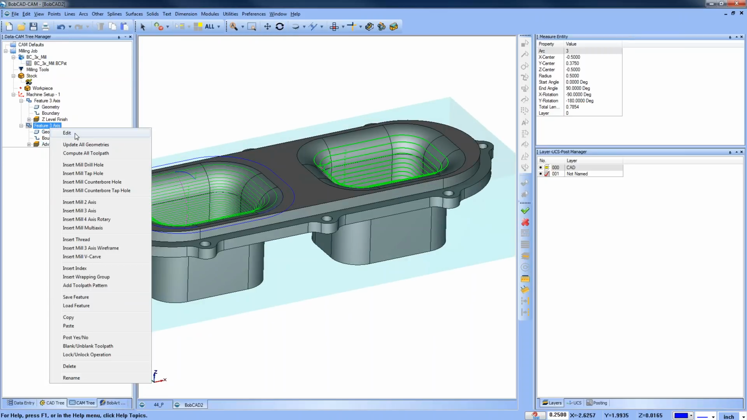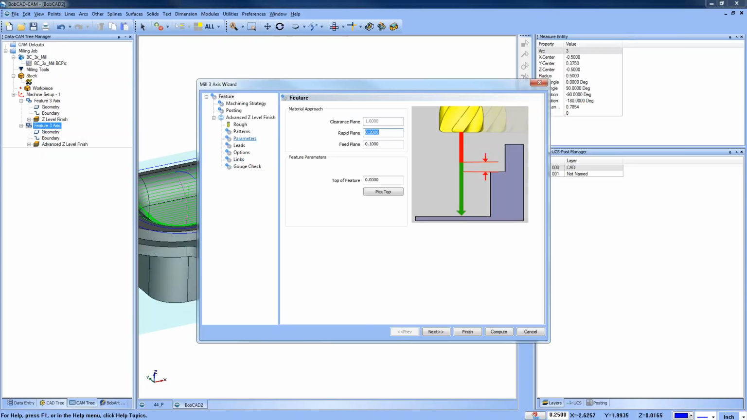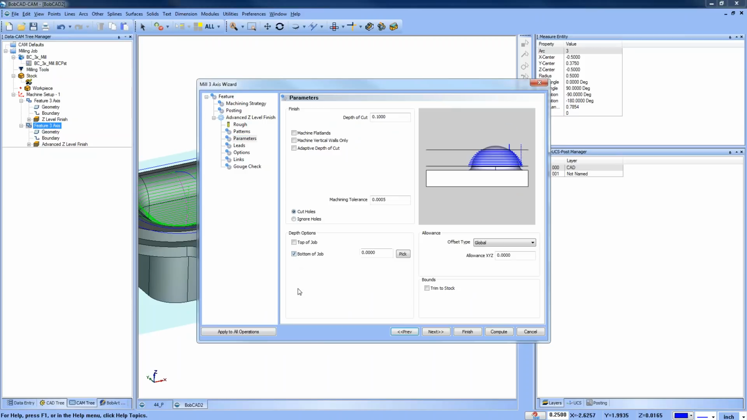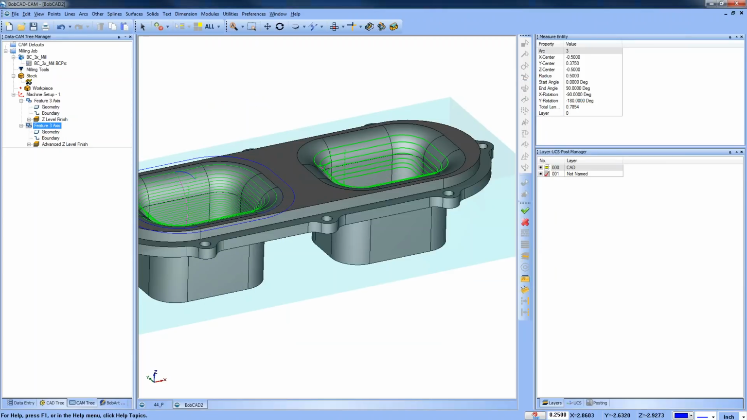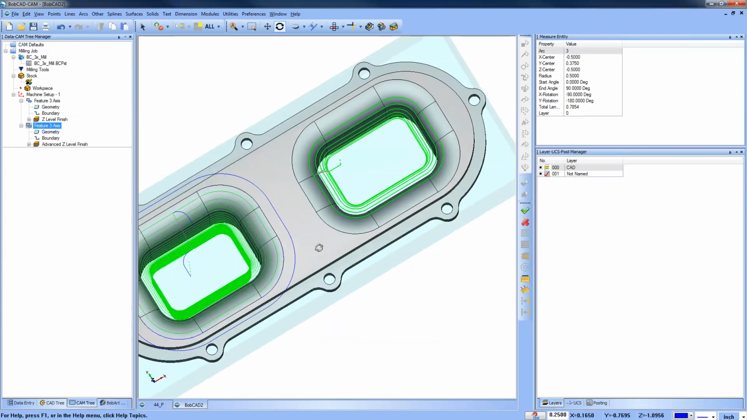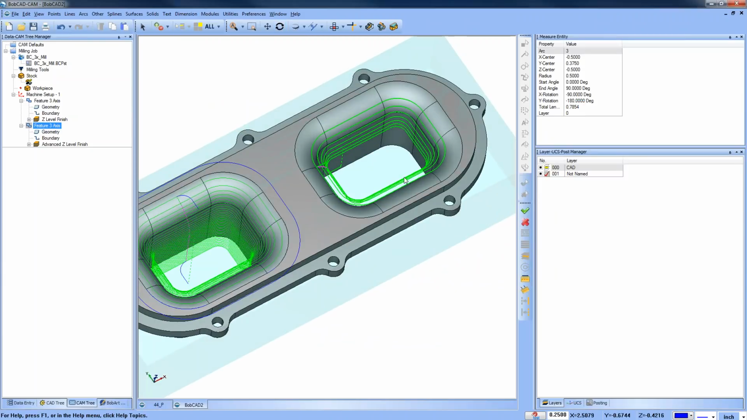Well, we're going to come in here and edit this feature. We're going to go to our parameters, and we're going to use our bottom of job setting. We're going to make this a -700, just like we did with the Mill Standard. We'll go ahead and compute that, and then we'll see that the toolpath no longer goes all the way down to the bottom. It just goes down to the depth that we want, okay? And so an advantage of the Mill Pro Advanced ZLevel Finish is to start from top down or to go